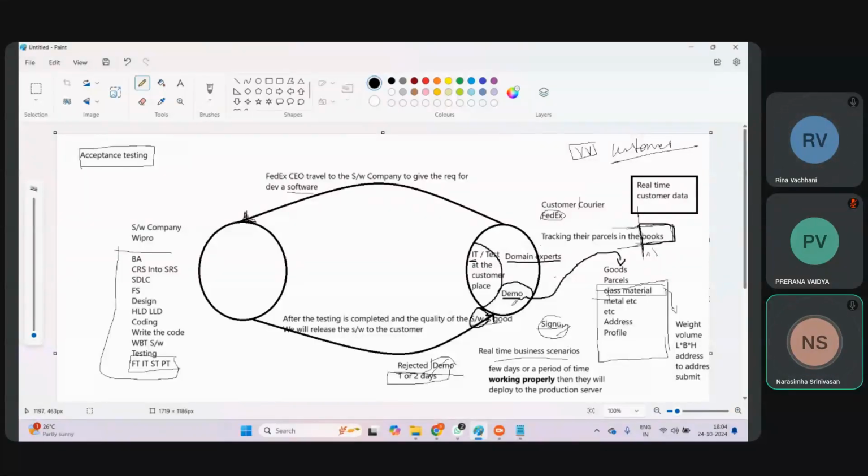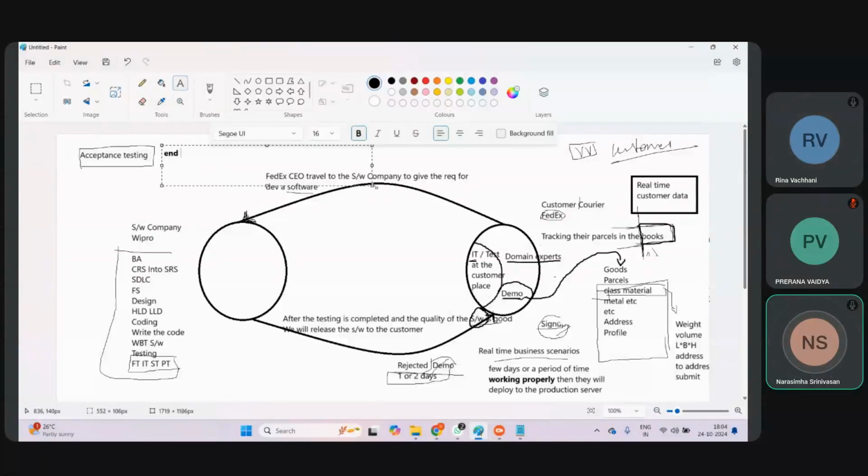Okay, so now let us come to the definition. Am I audible? It is an end-to-end testing. Yes or no? They are doing direct booking, or they are doing something completely from one end to another end. End-to-end testing done by the customer